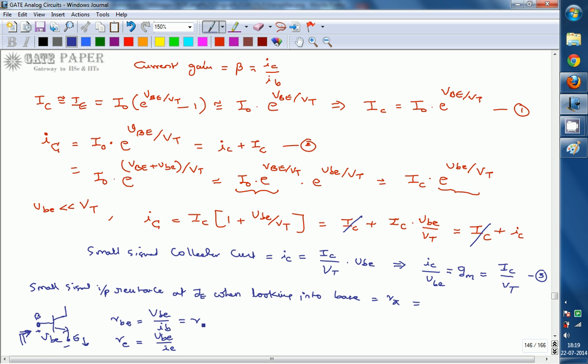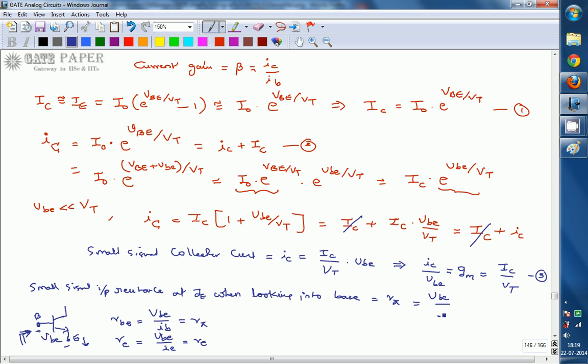So this is generally called R pi and the other is defined as RE. Even though you are going for the same junction, the current flowing to both ends is different, so that you can get two different resistances. One whenever you are looking into base, the other whenever you are looking into emitter. So I am defining it whenever you are looking into base. So R pi is equal to